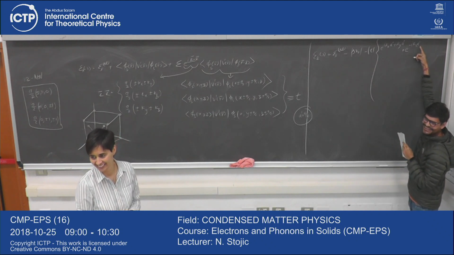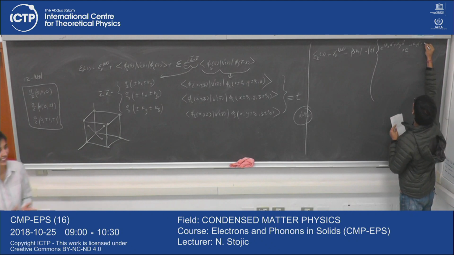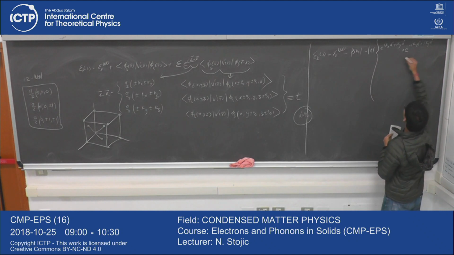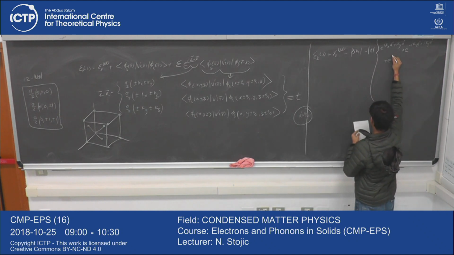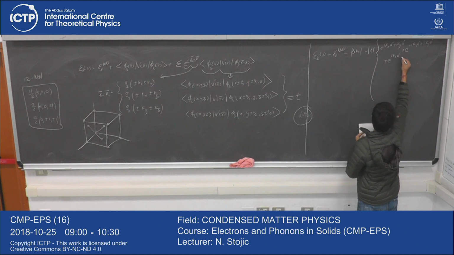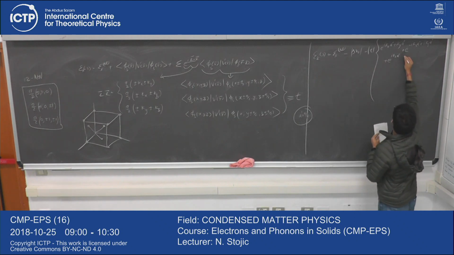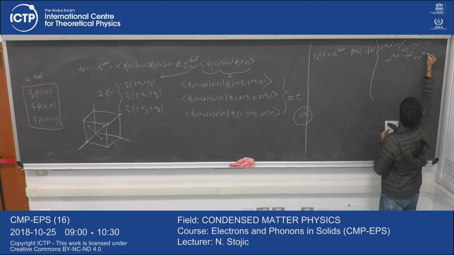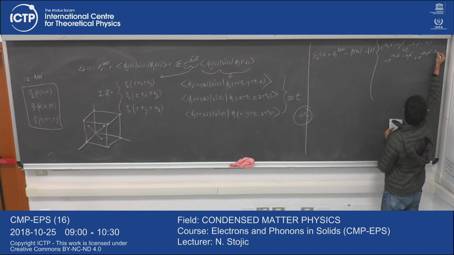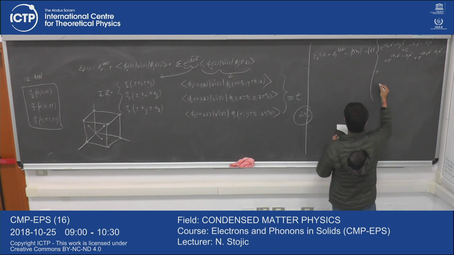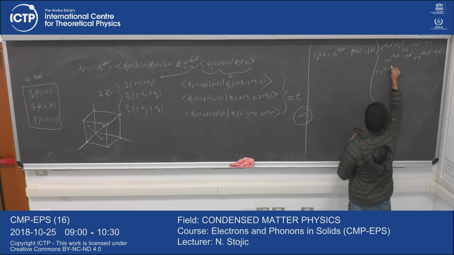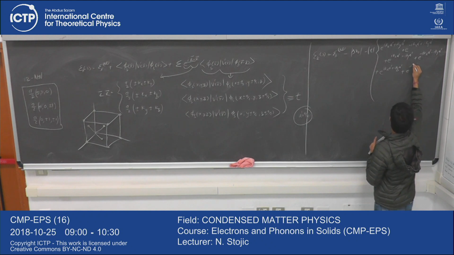Just replace a dash with a by two. It's playing tricks. e to the power i k y a dash plus e to the power i k x a dash plus e to the power minus i k x a dash plus i k y a dash plus i k x a dash plus i k z a dash plus e to the power